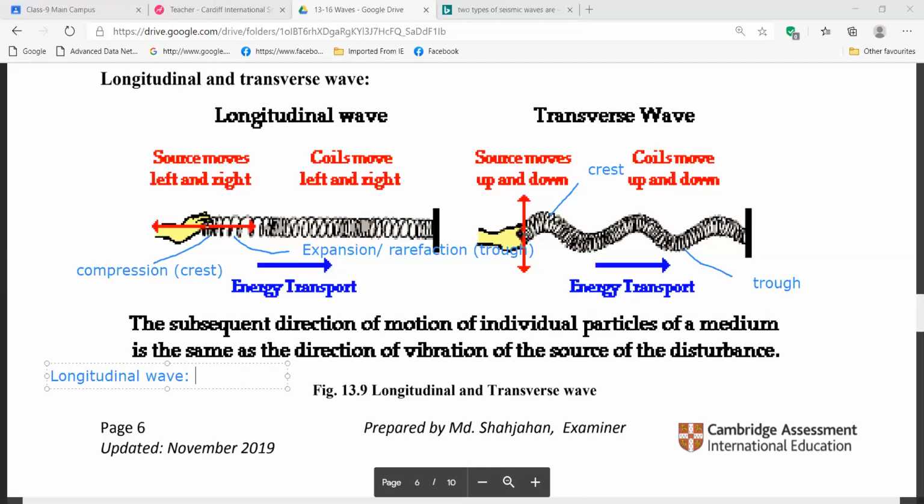If the particles' vibration is forward. You wrote vibration. Yes, thank you. If the particles' vibration is forward and backward,